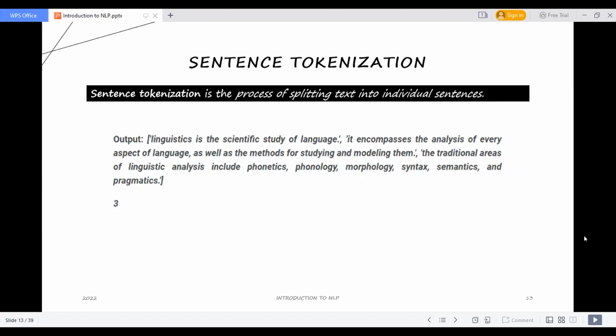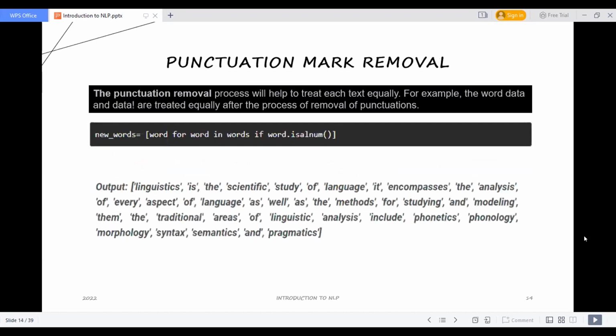Okay, so the next thing is punctuation removal. Now, how can punctuation removal be done and how is it important? The machine does not understand sentences; it understands something from a word. That thing we will discuss further on, but we need to split the whole paragraph, the whole sentence, into words.